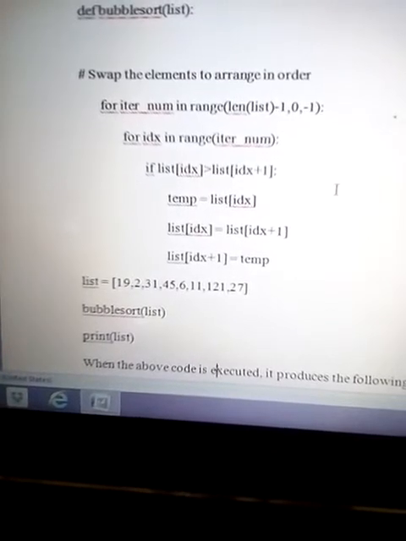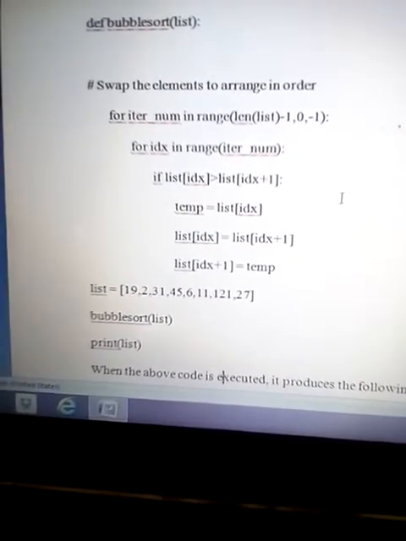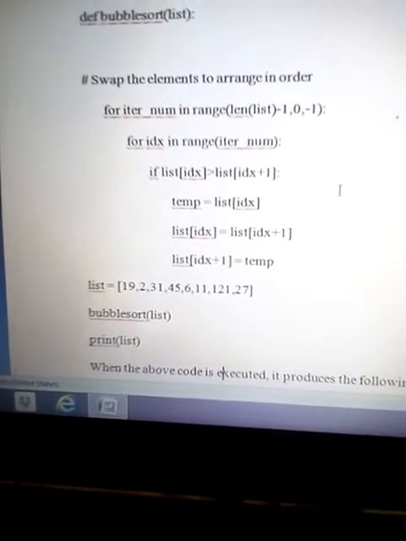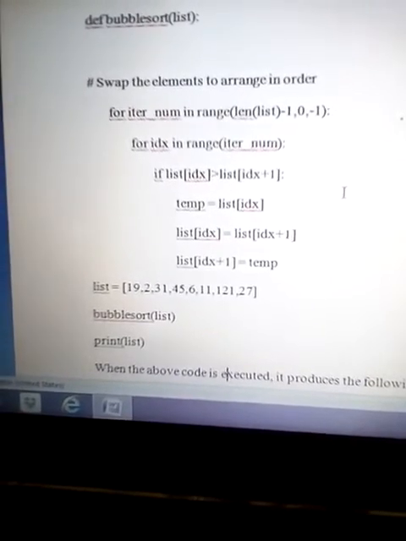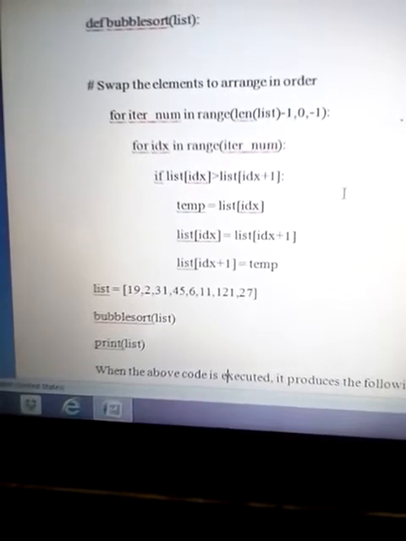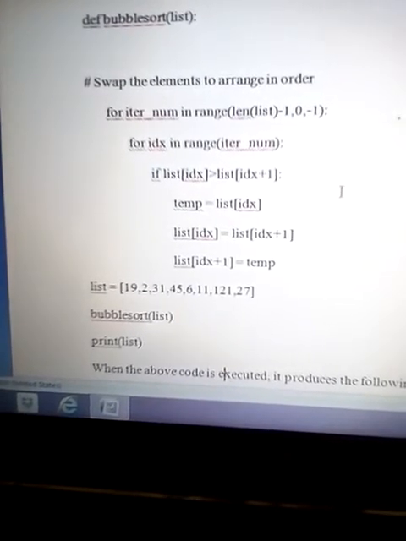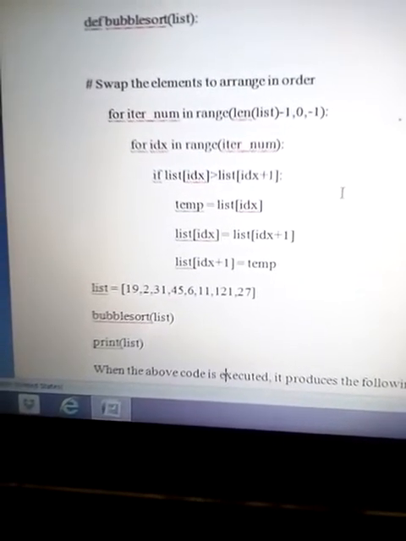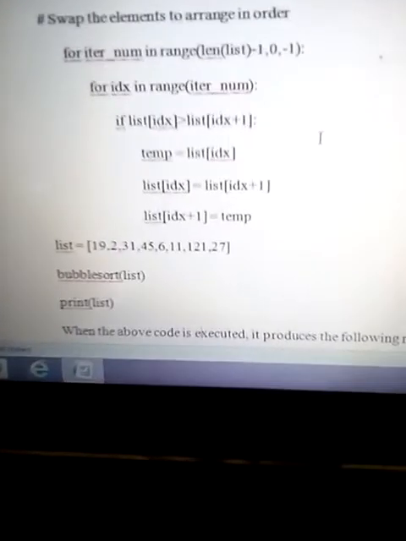Now again we are taking the colon symbol for proceeding to the next for loop. We are taking index in range iter num. That means whatever value we have in iter num, it would be the value for range. So how can we do it now?